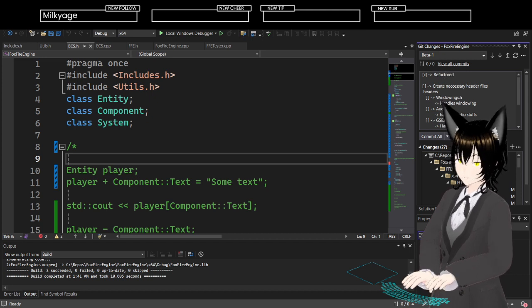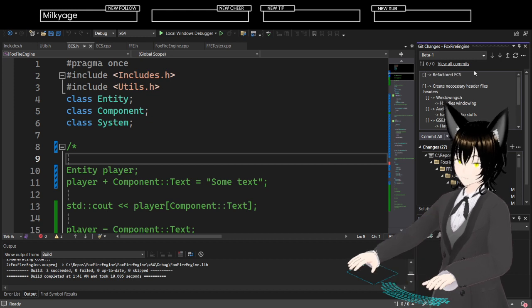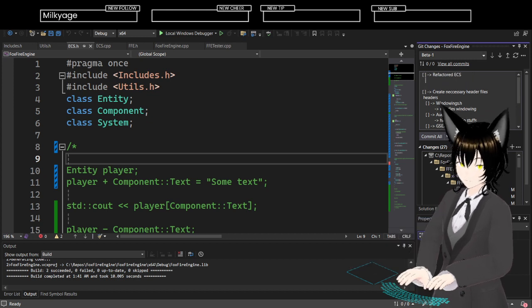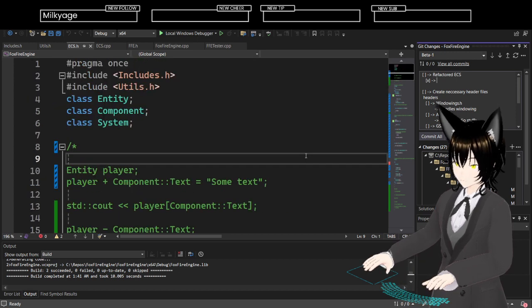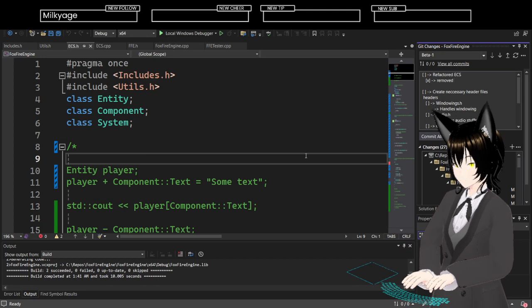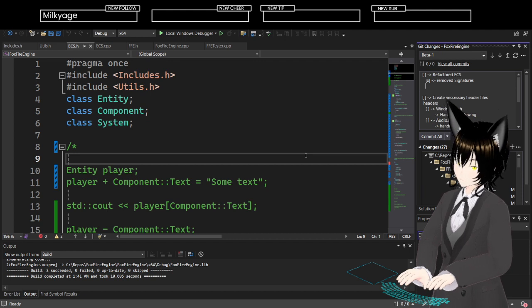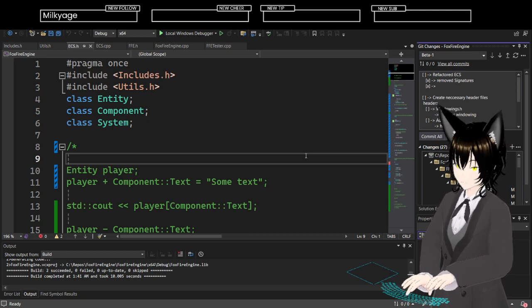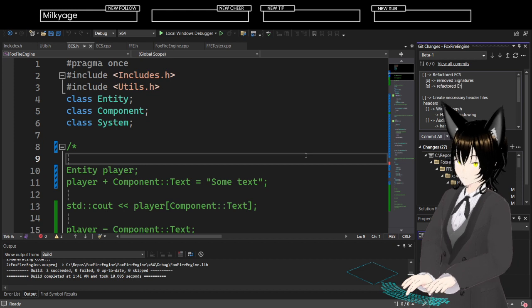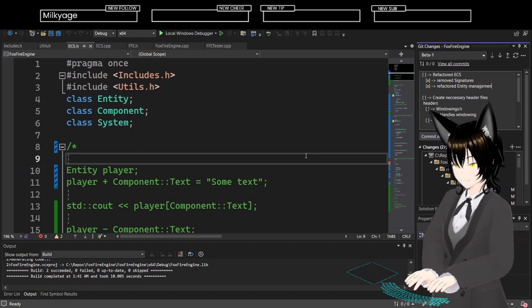Refactored ECS? Let's just make sure that we have all of this done the way we want to. We removed signatures entirely. We also refactored entity management?